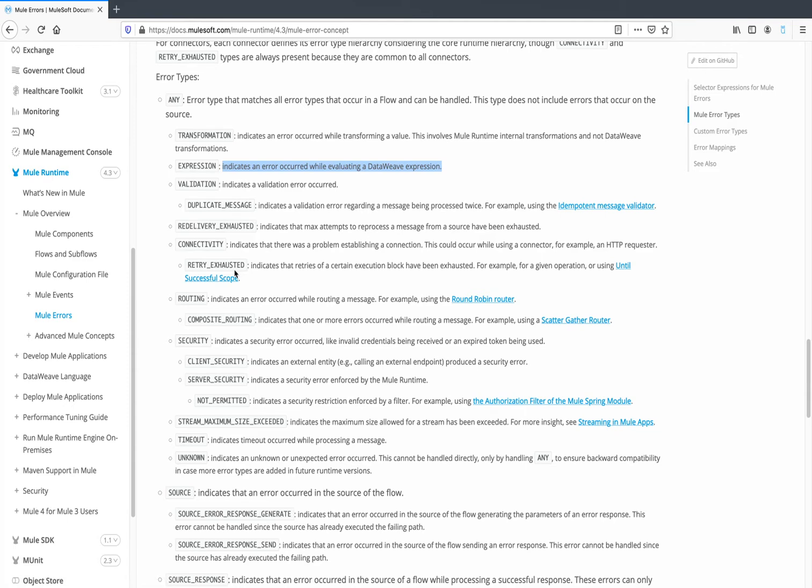For example, you are trying to connect with a database using a database connector, or with an external system, and you have configured it to try to connect 3 times. If the database is down, then you will retry 3 times, and even if you are not able to connect, then you will get this retry exhausted error.